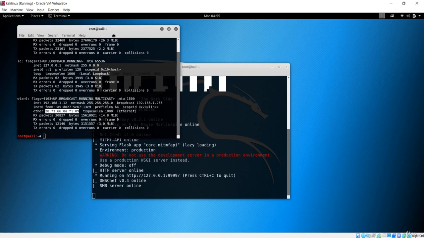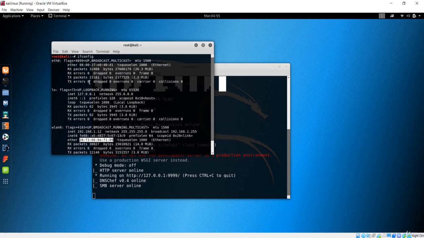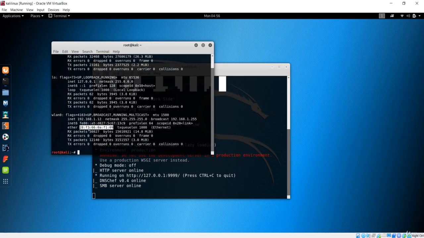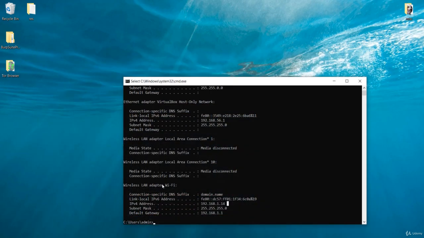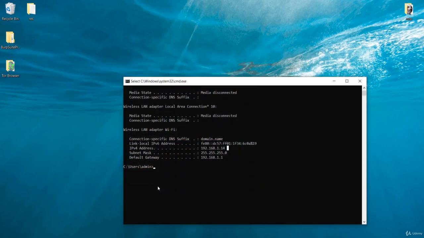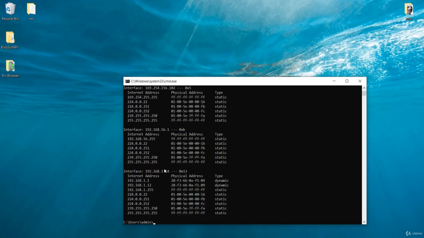So you could see right here, if I just press ifconfig, it is going to give us the MAC addresses of this Kali machine. Let's go to our Windows machine now. So this is my Windows machine. What I am going to do here is list the ARP table. In order to list that, we have the arp command with -a, which is for all, and if I hit enter,